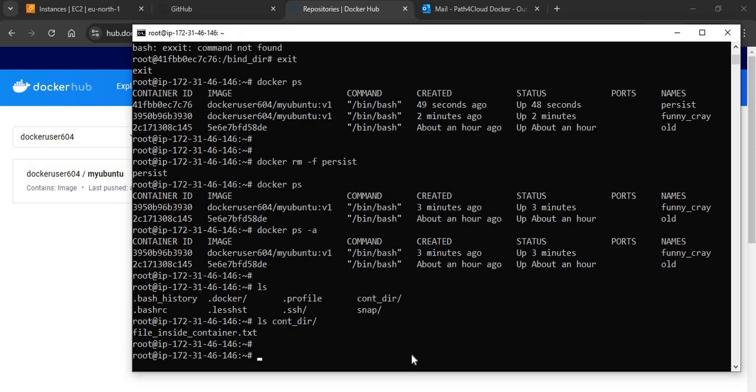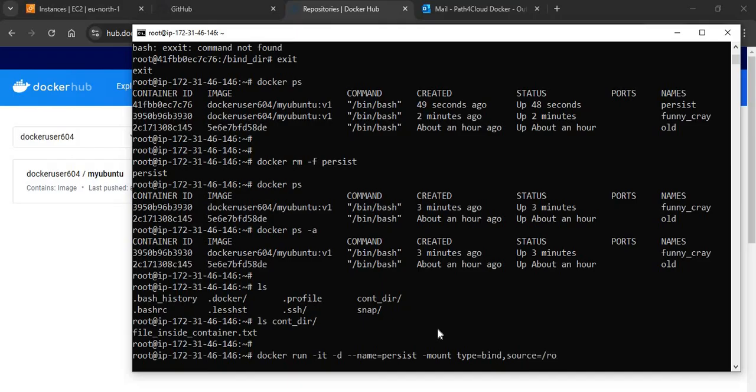Let me show you the new way. It is not a new way to mount it, but I will tell you how you can do it. I am just talking about this bind mount, okay? I will say docker run. I will just specify the other stuff first. So -d --name equal to persist, and then --mount. Okay, then I will specify type equal to bind, comma, you need to specify the source equal to